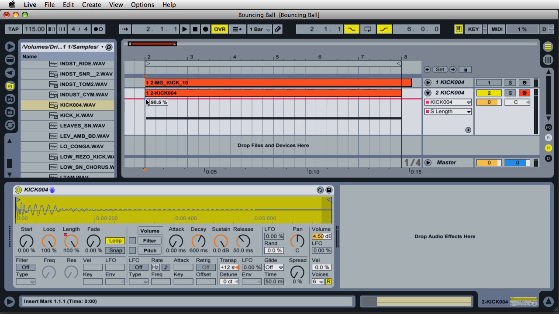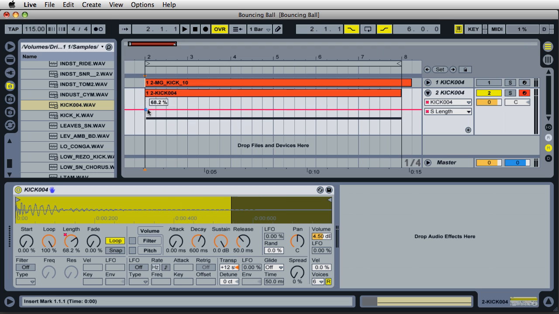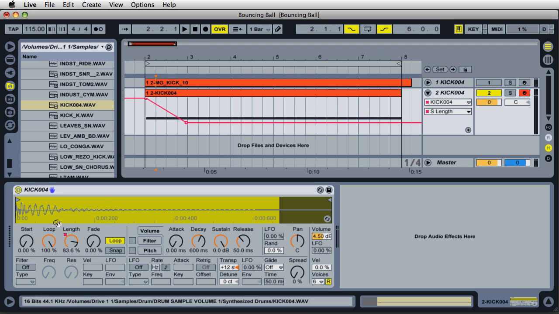And look at that. And I can go up and down, and I can make another one. And you can see when I'm moving this around, the length parameter starts to move as well. Look at that. All you have to do is just copy what I'm going to do here. I'm going to start for the sample length at the very top, which will mean that that will be the entire length of the